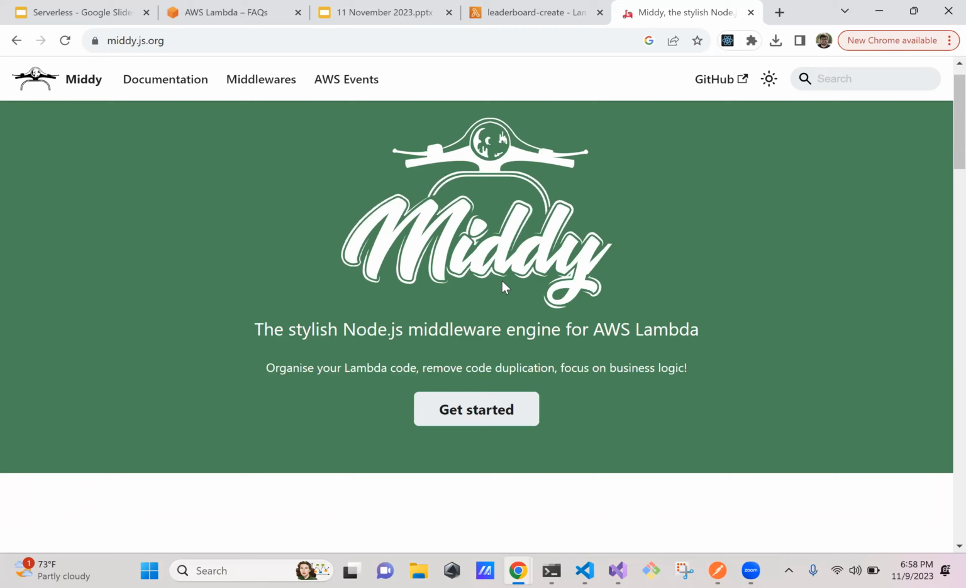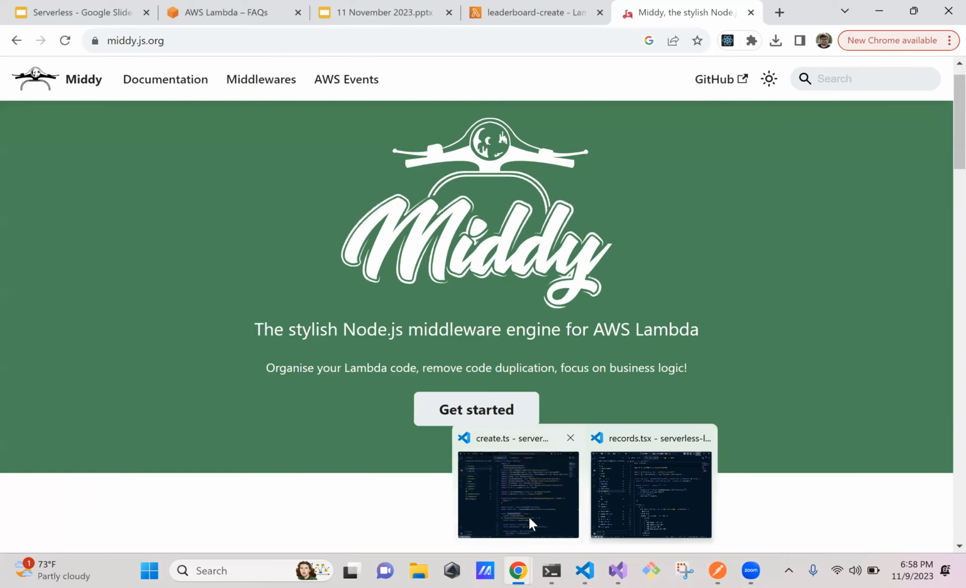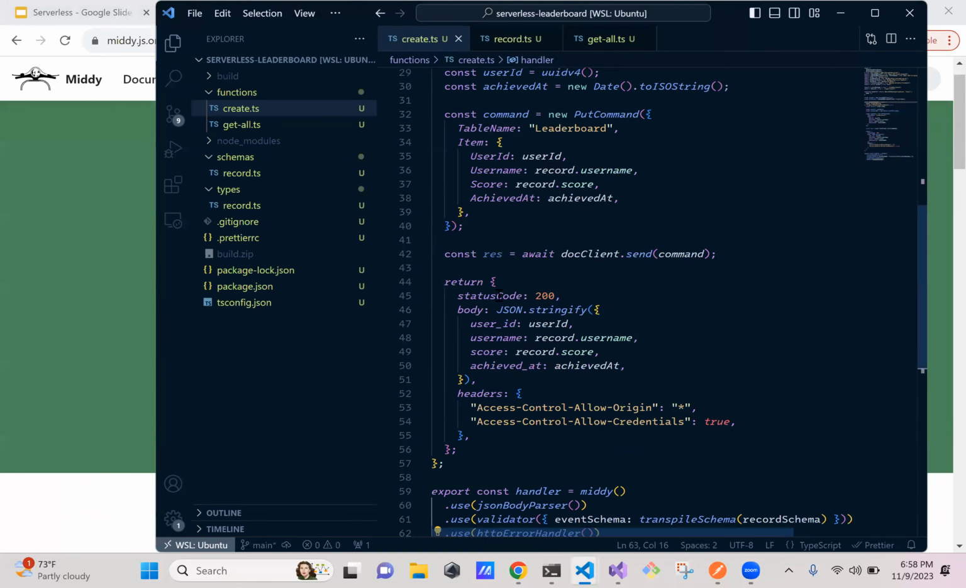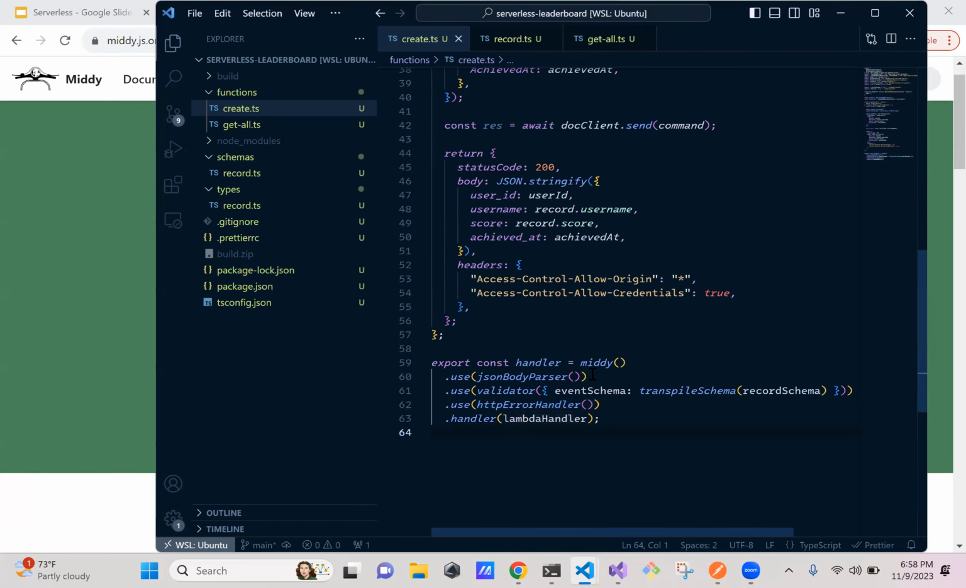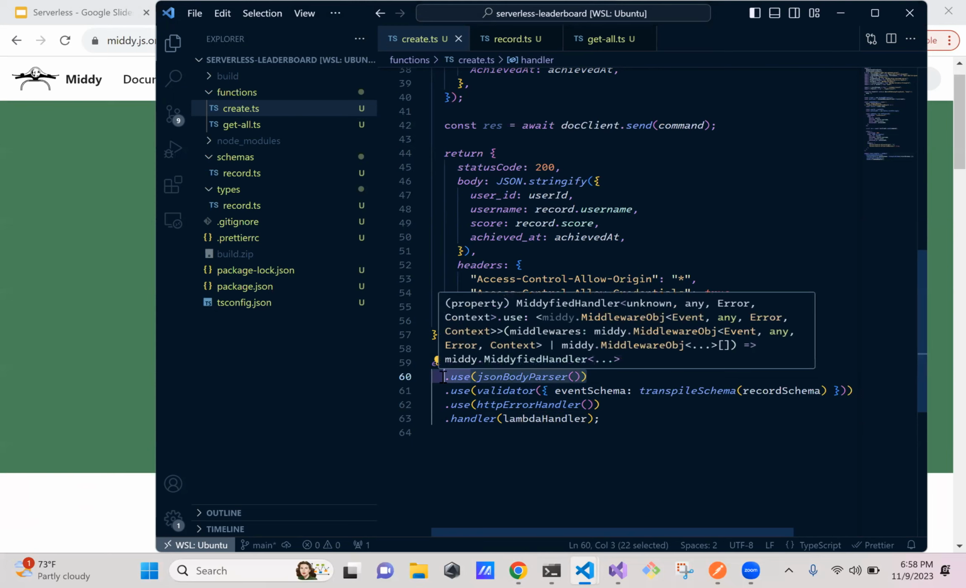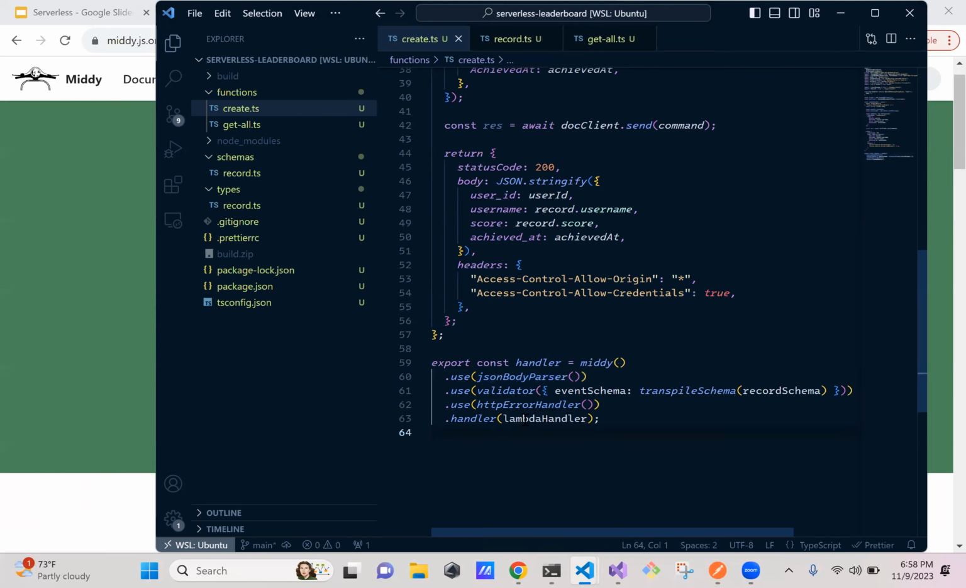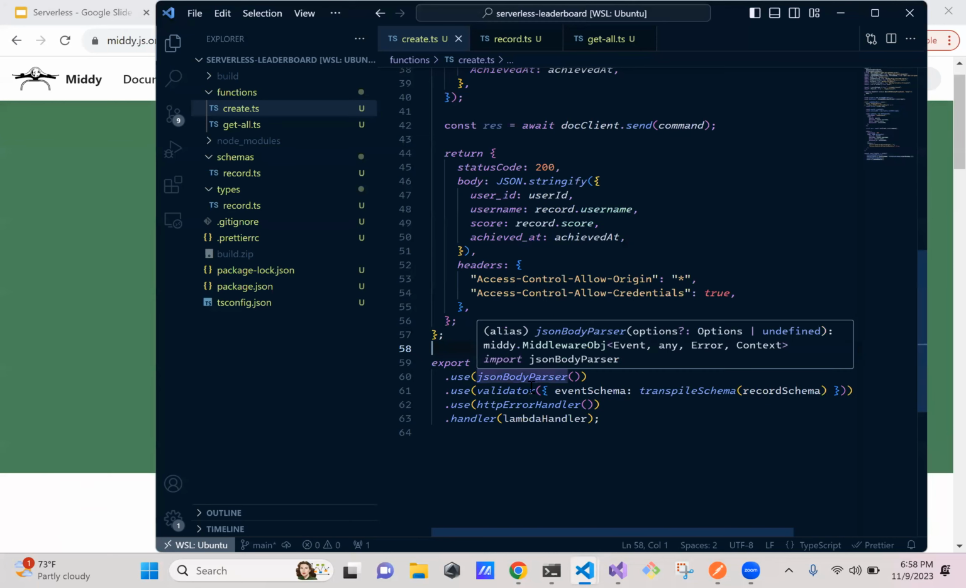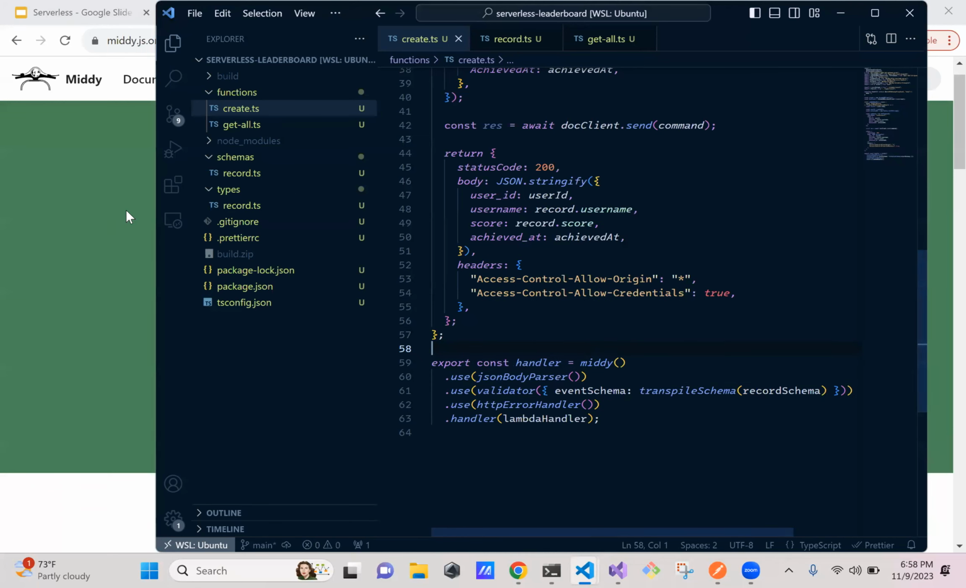And so what Middy can do is you can actually specify, hey, use JSON body parser. I know the body is supposed to be JSON, parse as JSON. And if it isn't JSON, it'll actually throw an error for you. And if you're using TypeScript, you can also use a validator. Actually, even if you aren't using TypeScript, you can validate the body. So for instance,